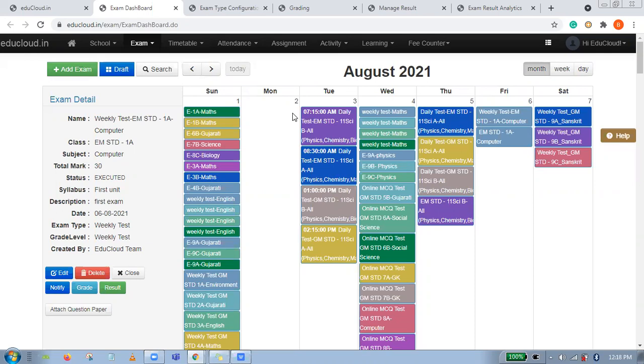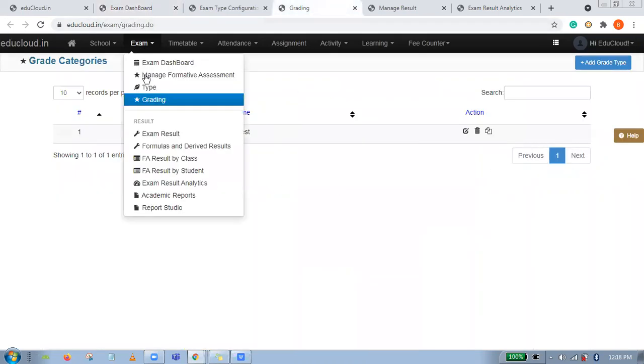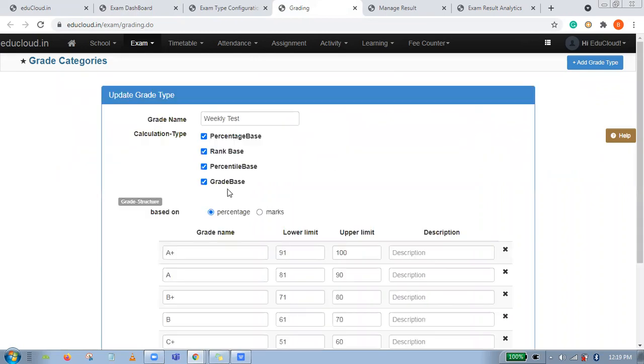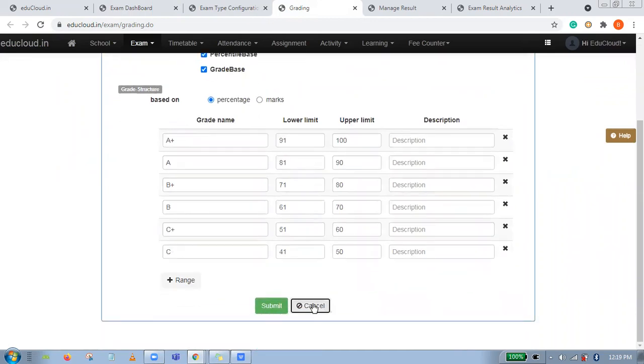The ideal way is, first action task, create your grade boundaries from this grading. Okay, when you go to this grading, add your grading boundaries. Let me show you one grading boundary. This is how your grading boundary looks like. It can be slightly different or much more different, but you need to create your grade